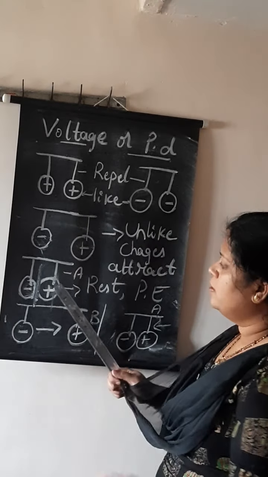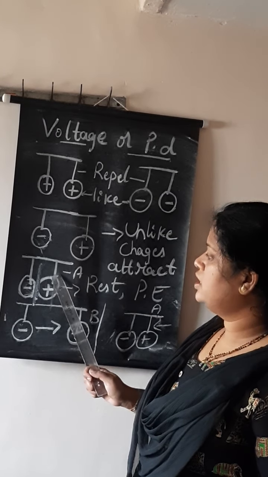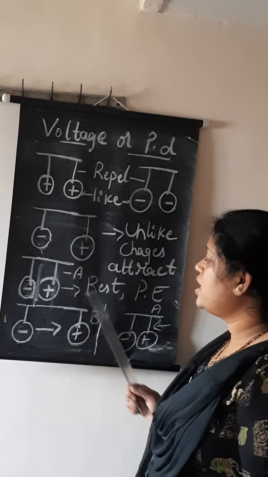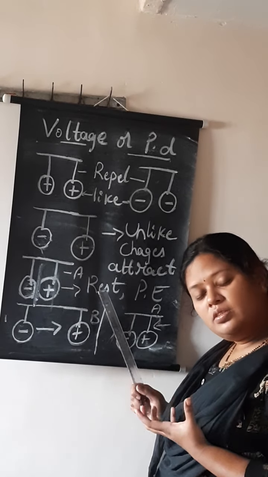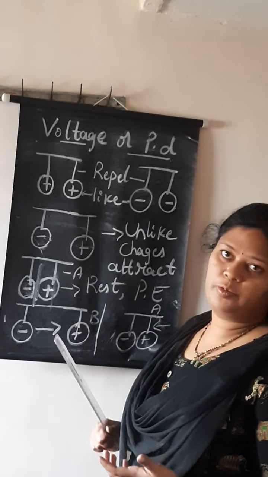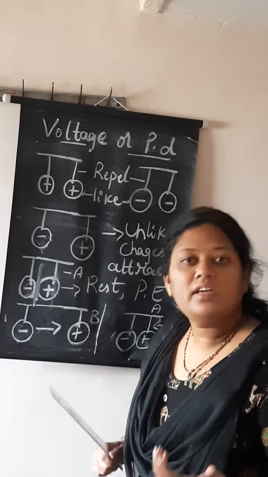Suppose before applying the energy, the positive charge was at some position A. After applying the force, what happens? And one more point, children. When you bring negative and positive charges together, the force of attraction is present between them and both the charges are at rest. Things which are at rest possess potential energy. You have studied that something at rest possesses potential energy, while something in motion or flowing possesses kinetic energy.